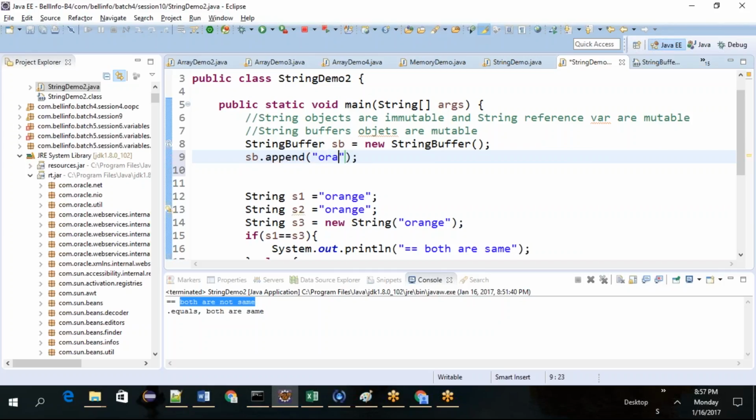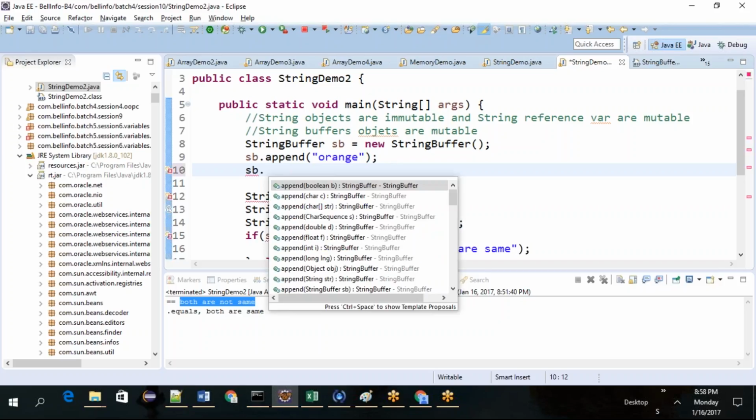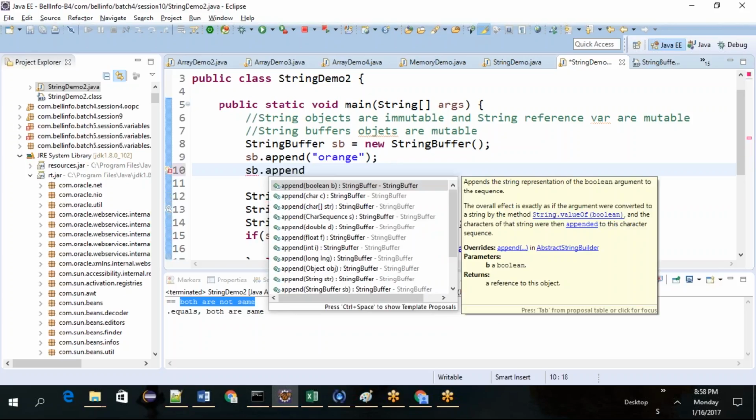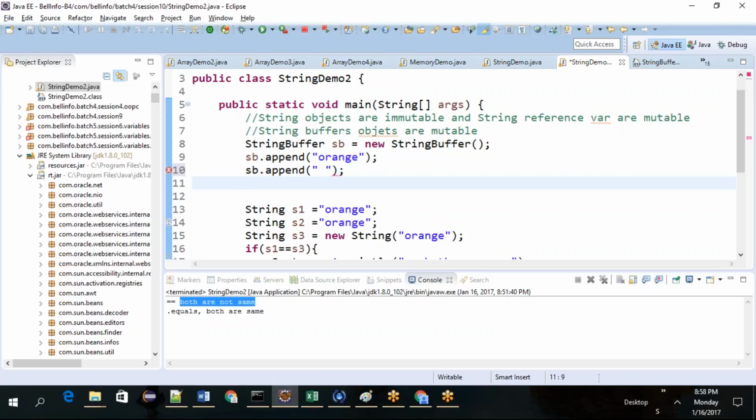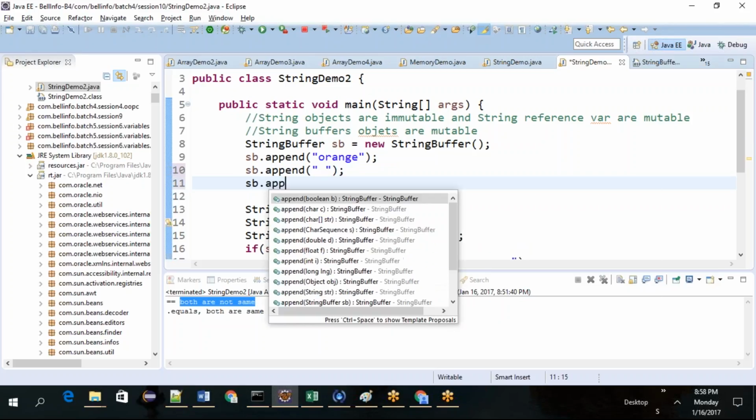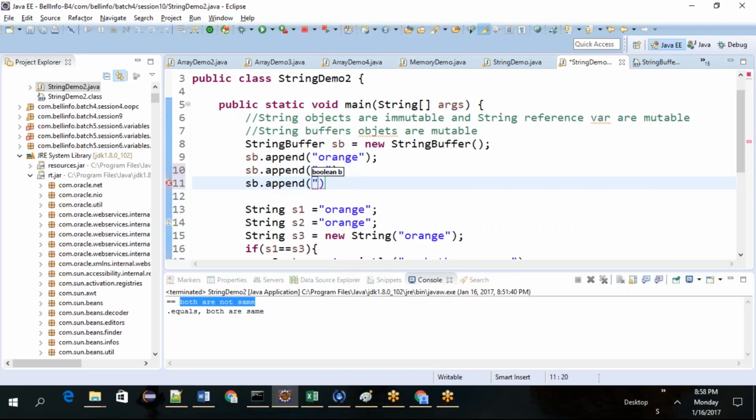Let's say now I kept it as orange. And you can append as much as you want. Append some space, sb dot append apple.